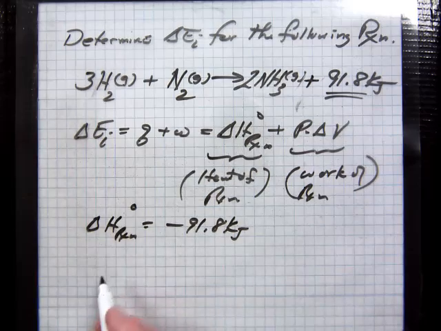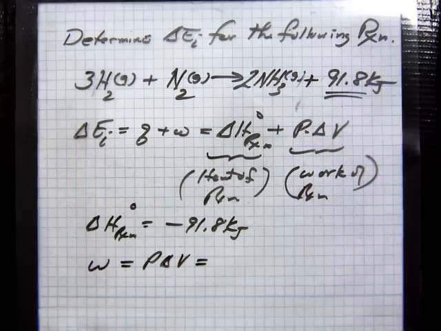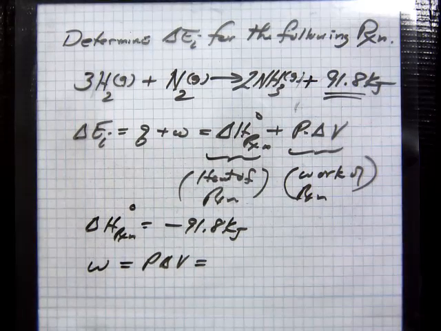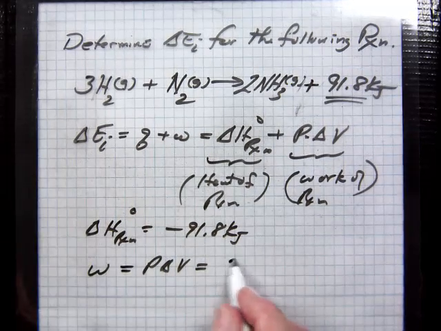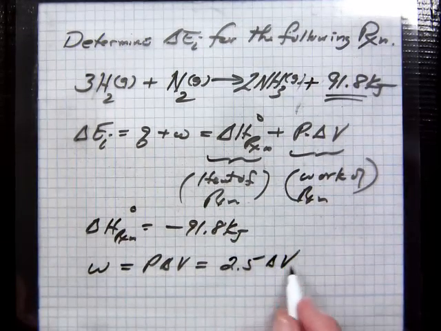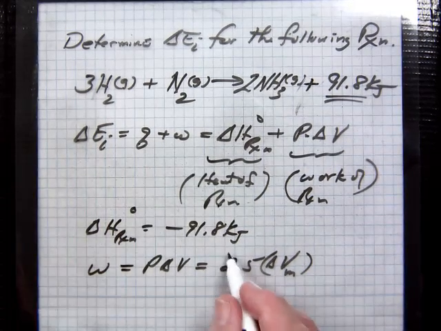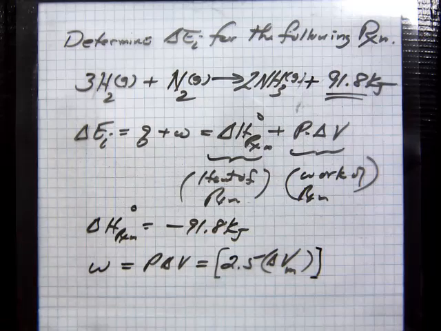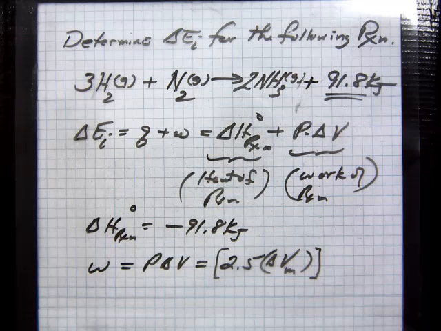But what is the work? This is P delta V. Well, I worked this out in the past, and it turns out to be 2.5 delta Vm. Like that. Now, I'm going to put little brackets around that because you're going to have to apply something that is kind of skewed. And once you get used to it and you see what I'm doing, you have to apply signage to that. Now, and I'll get to it.